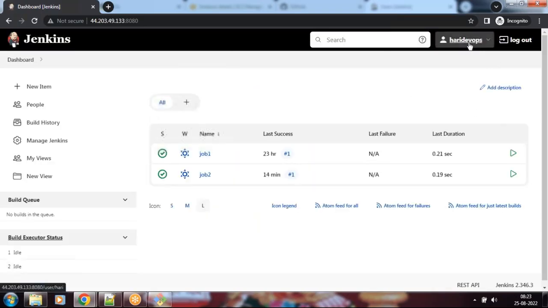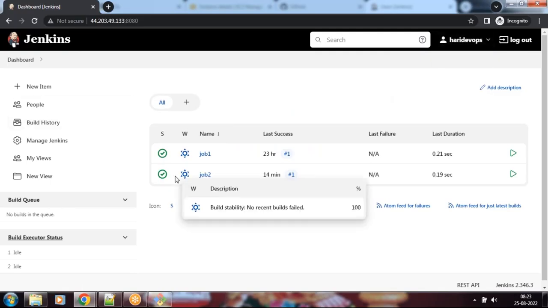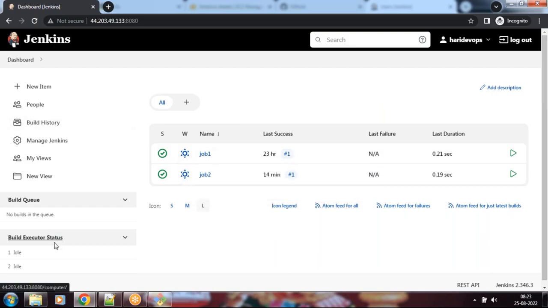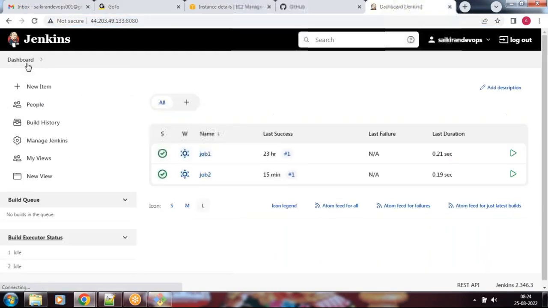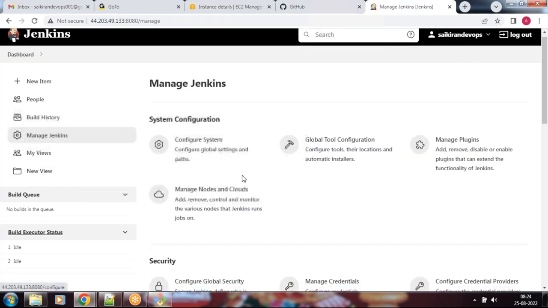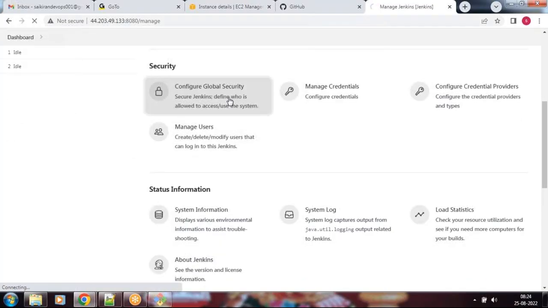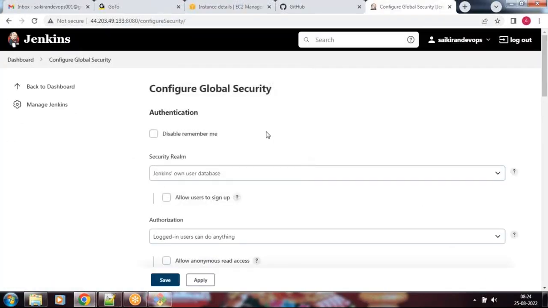If you check this, Hari DevOps is the username, and Hari can see all these jobs, all the build information, jobs information. Why? Because he has complete access as admin. I'll show you. Let's go to the dashboard. So now I am the admin. Let's go to manage Jenkins. In this manage Jenkins section, if you go to configure global security,